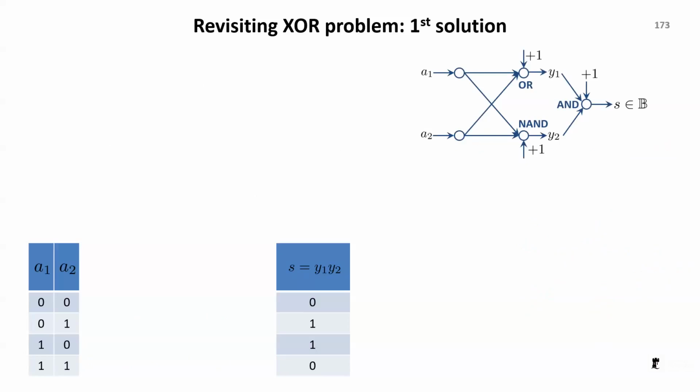Okay, first solution: XOR using the multi-layer approach. So we have the input layer, first hidden layer, and output layer directly. So we have a 2-layer neural net to solve XOR. This is the truth table of XOR, and this is what we want, right? It is what we want for XOR.